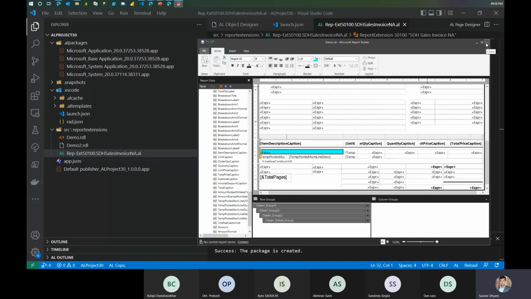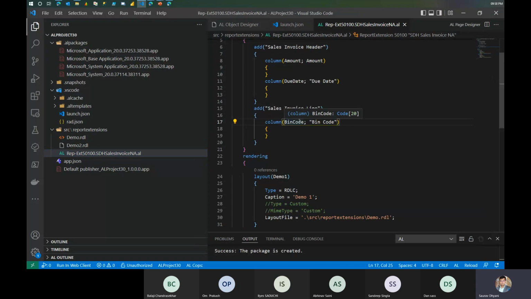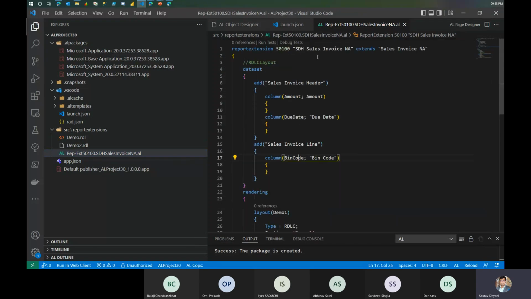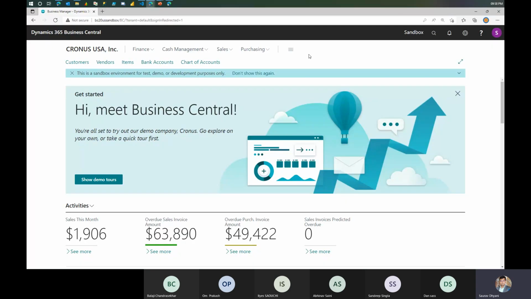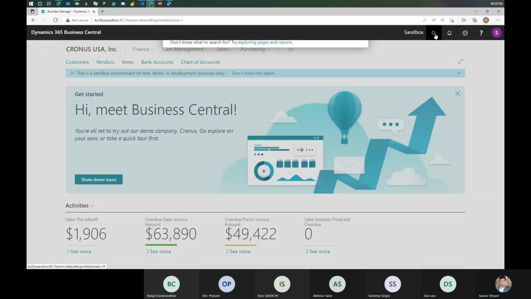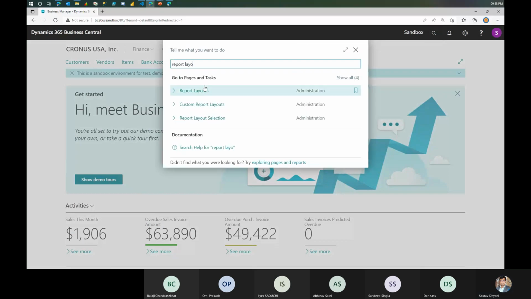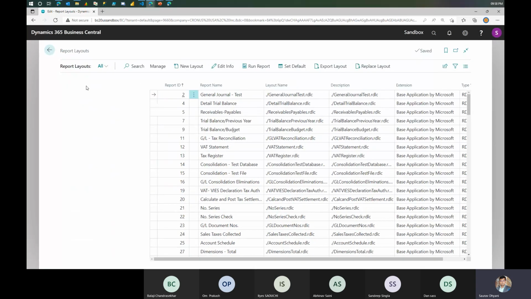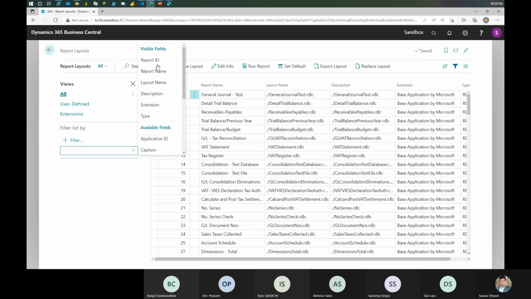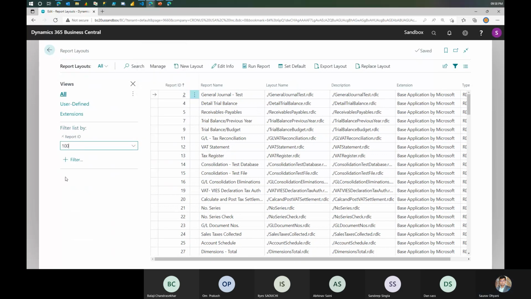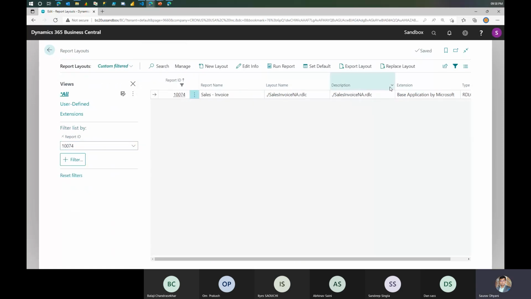So now this is my demo.rdl, and it's available as part of my extension, not as data. So if I right now look into, before publishing this, my report layout for 10074, I'll only see that there is only one report layout, which is from Microsoft, and